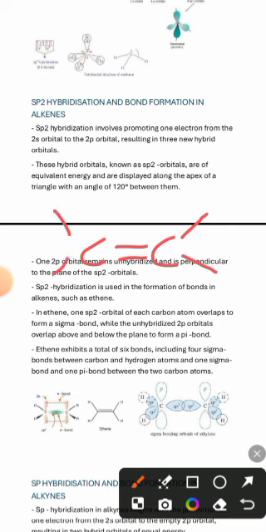Now a question can come: how many bonds is this carbon having? How many bonds is this carbon forming? So now we see that carbon is forming 3 bonds. Why? Because it's forming bonds with 3 atoms surrounding it, which are the 2 hydrogen atoms and this carbon atom. Or we can say from the sp2,